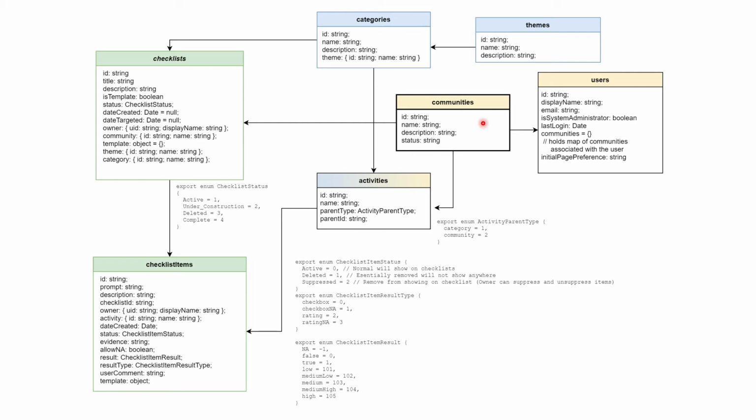So I used the idea of communities to break up and manage small groups of checklists and the users who have access to those checklists. You see, this communities item was the organizing factor for having users who only have access to checklists in certain communities, with all the authentication and authorization